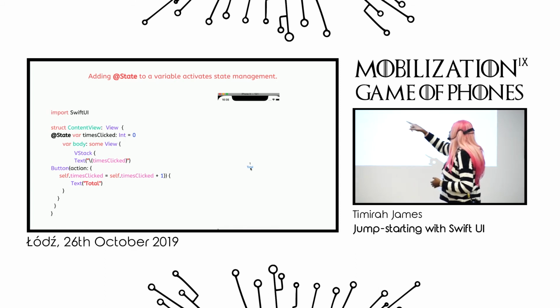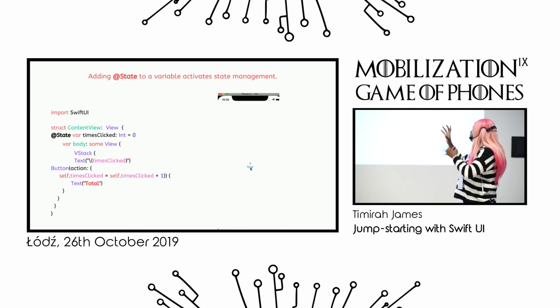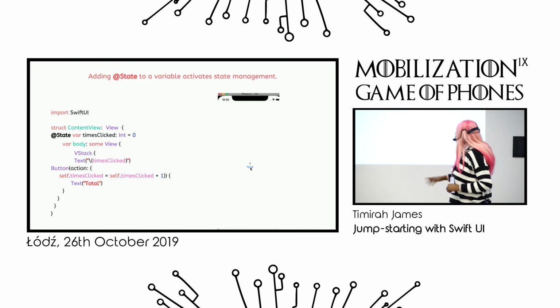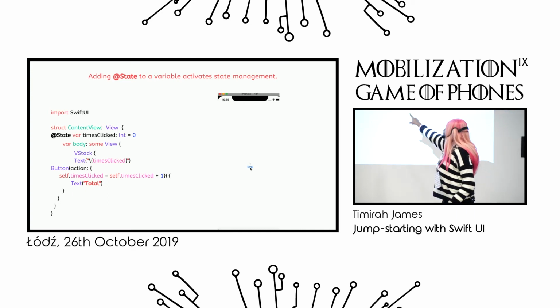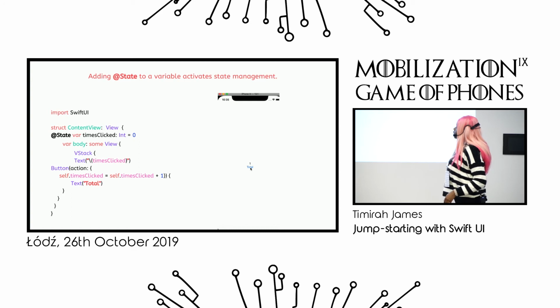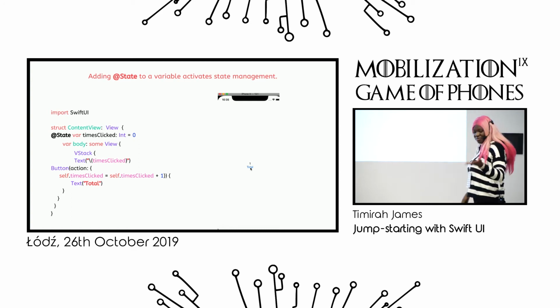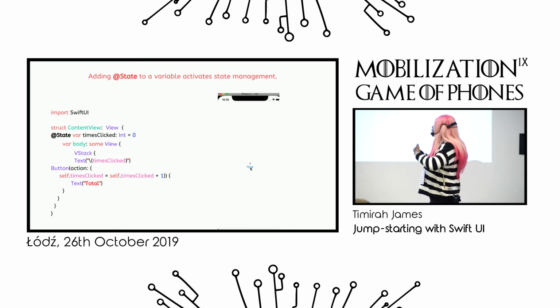So for example, our state property would be the number of times clicked. We have a vertical stack. We have the text here. We have our button right underneath. And basically, there's just a counter. There's just a counting happening, +1. Okay. Wish this video was working. But yeah, this is just to get the gist.